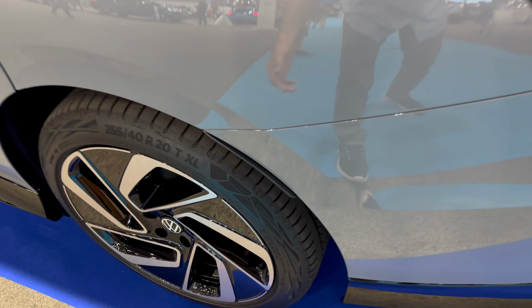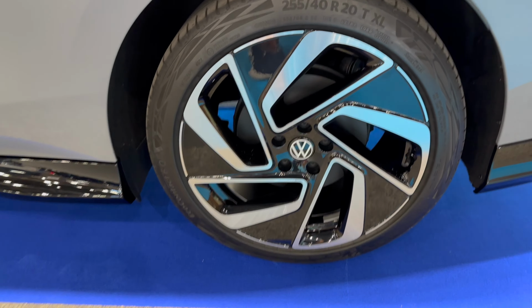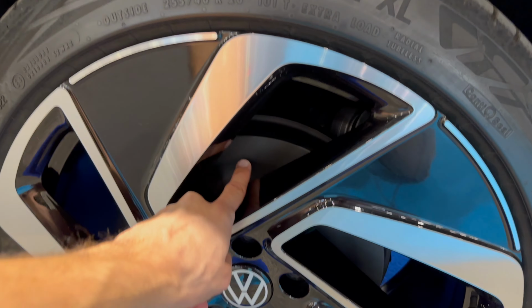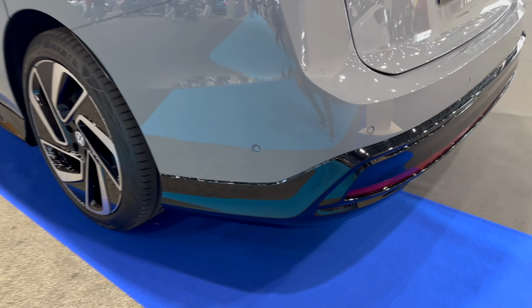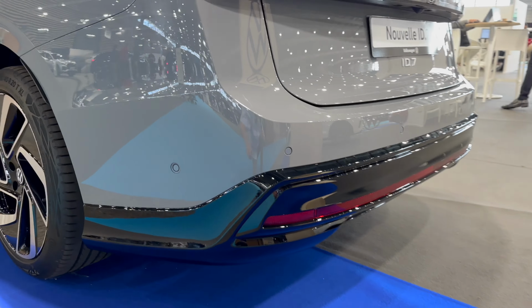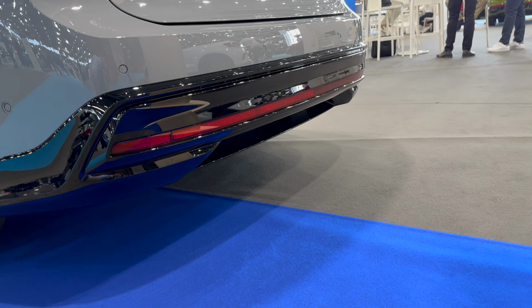Now we have some regulations here with this mud guard, and you can see the rear tires, and you can see drum brakes. This is cost efficient for your service, less money being spent on rear discs. And over here you can see the black diffuser. Now the back parking sensors are in the color of the vehicle, so we have this connected